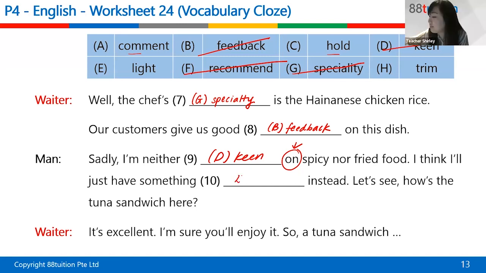Okay, I'll just have something light, because he did mention, so sometimes based on the text itself, it gives you a bit of a clue, because here it says that he's not keen on spicy nor fried. And spicy and fried food are generally very heavy in terms of the flavor. When it's spicy, it really, sometimes it just triggers your senses, and sometimes it might even cause people to not feel so well in terms of